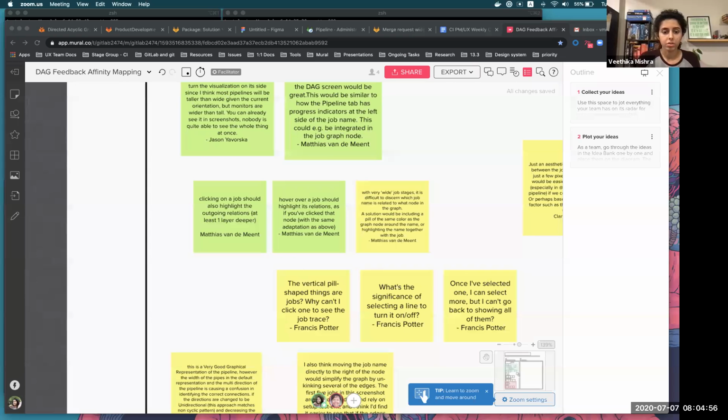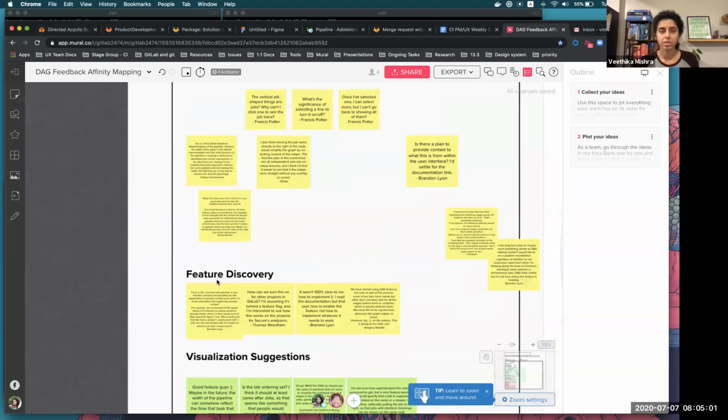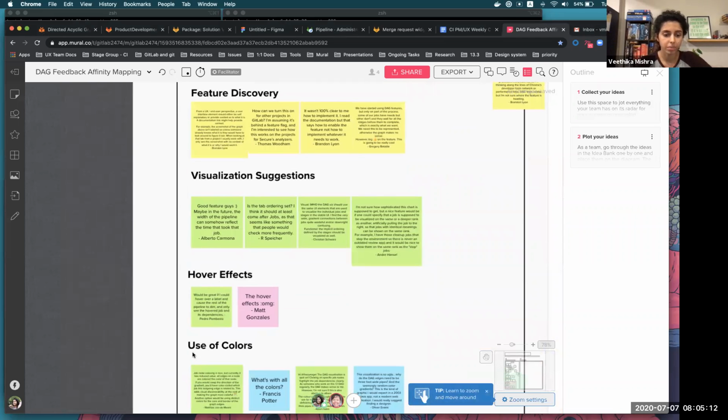So I had started off with this exercise of creating clusters and doing this affinity mapping exercise with the feedback that we have been receiving on the public issue. And I can quickly share what's happening there. So far, it's not done. As we discussed in the previous meeting, I would try to finish this off today, and we can discuss this again tomorrow. So the four clusters that I've been able to identify so far,